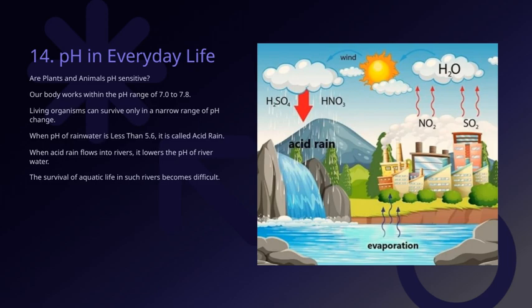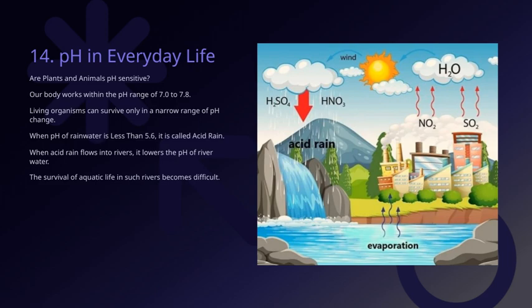So you might wonder, are plants and animals pH sensitive? Absolutely, yes. Changes in pH can affect their growth, reproduction, and overall health. This is a critical aspect of our environment and ties into the larger theme of how human activities impact ecosystems. Understanding pH in our everyday life helps us see the importance of maintaining natural balance for the health of all